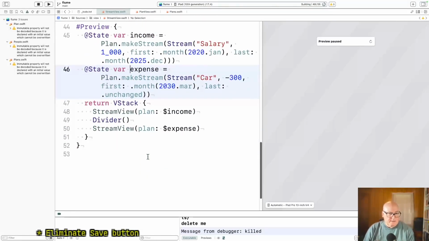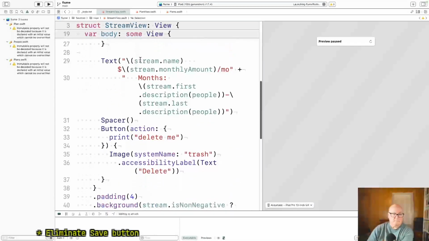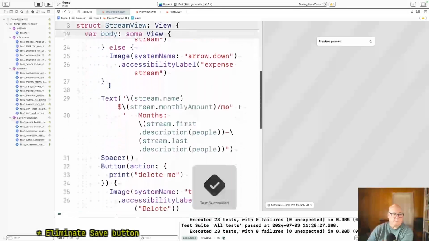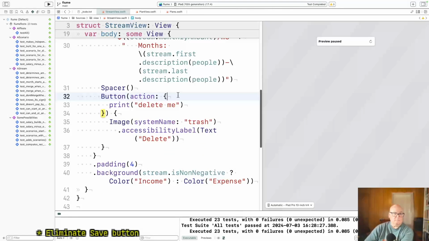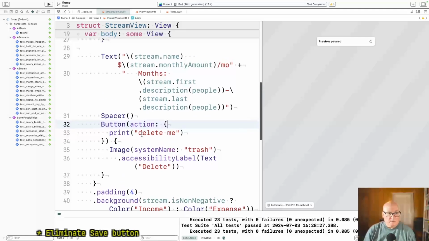It's going to be the plan. Oh, maybe, yeah. Well, he doesn't even need the stream. He just wants to get rid of this plan node.